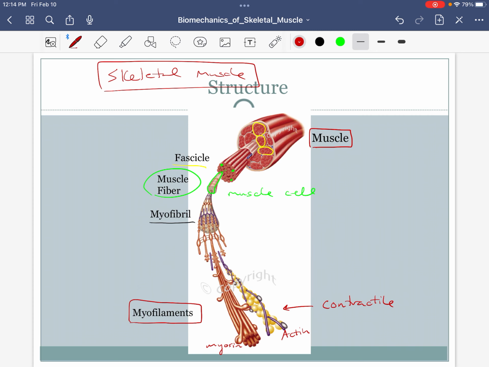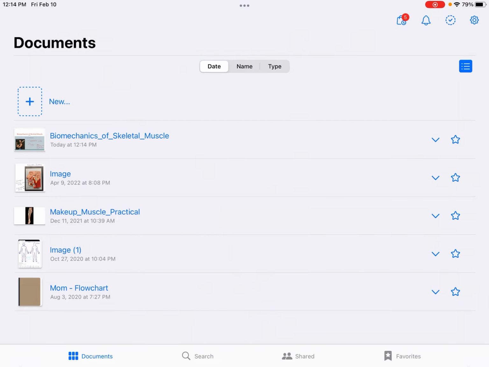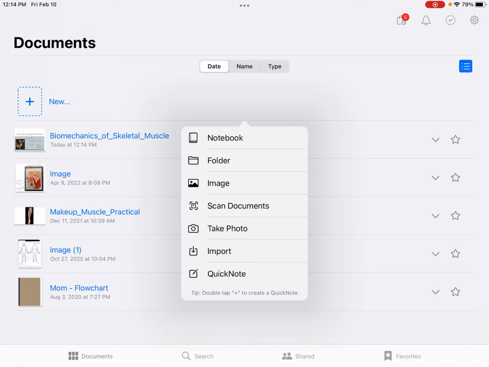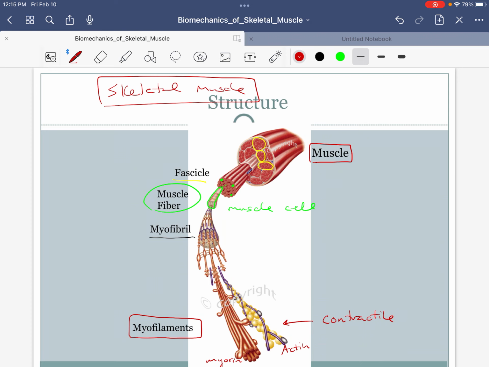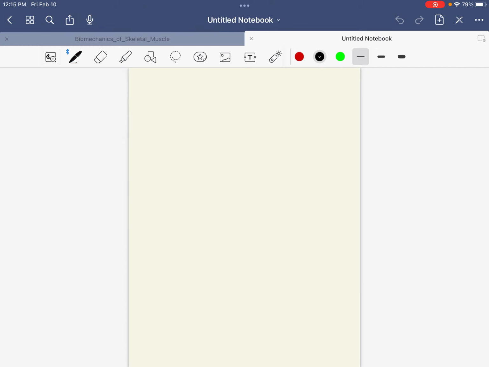If we look at your notes, we're going to talk more about the muscle fibers, and I'm going to open up another page here so we can take some notes. A lot of times we're focusing our discussion in this class on the muscle fiber or the muscle cell. As you can see on your notes, there are different types of muscle fibers. So once we know what a muscle fiber is, let's talk about the different types. And I hope you've heard about these before, folks.